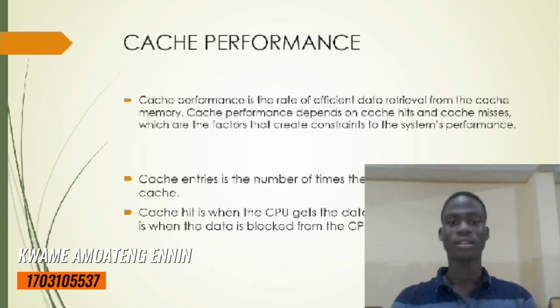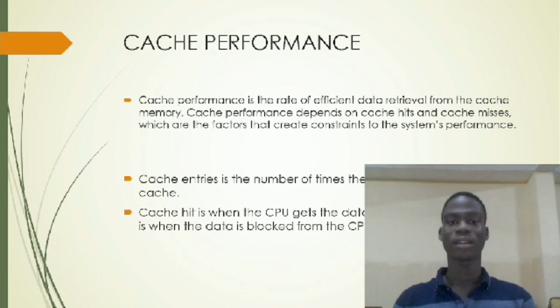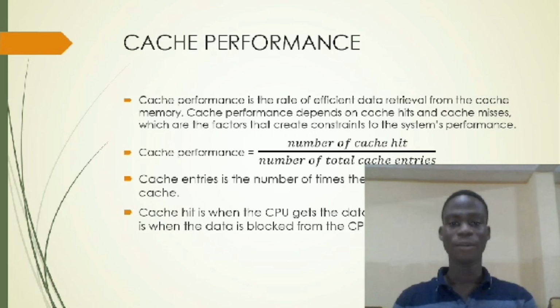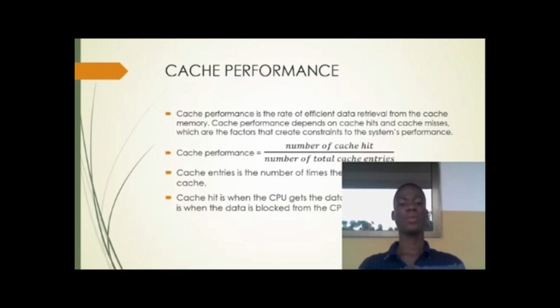Cache performance is the rate of efficient data retrieval from the cache memory. Cache performance depends on cache hits and cache misses, which are the factors that create constraints to the system performance. Cache performance is equal to the number of cache hits over the total number of cache entries. Cache entries is the number of times the processor enters the cache, whilst cache miss is when the data is